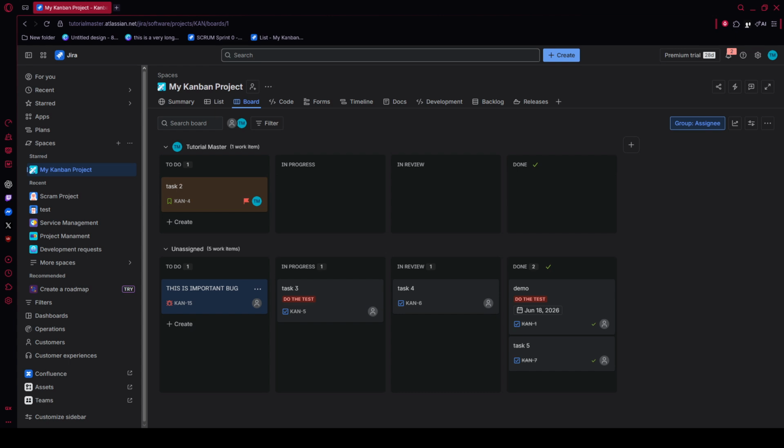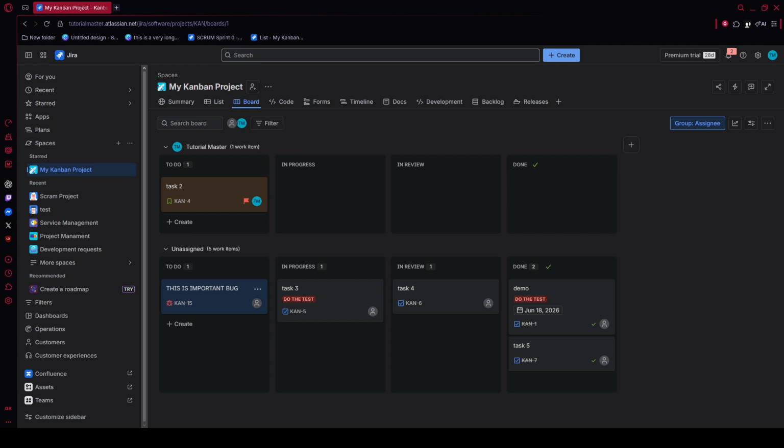To get started, open your preferred web browser and go to your Jira site or sign in through the official Atlassian login page. Once you're in, head to your active project and open the specific issue you want to work with. This could be a story, bug, task, or any other ticket where you want to create a relationship. Opening the issue first is important because it gives you access to the full detail view where the linking tools